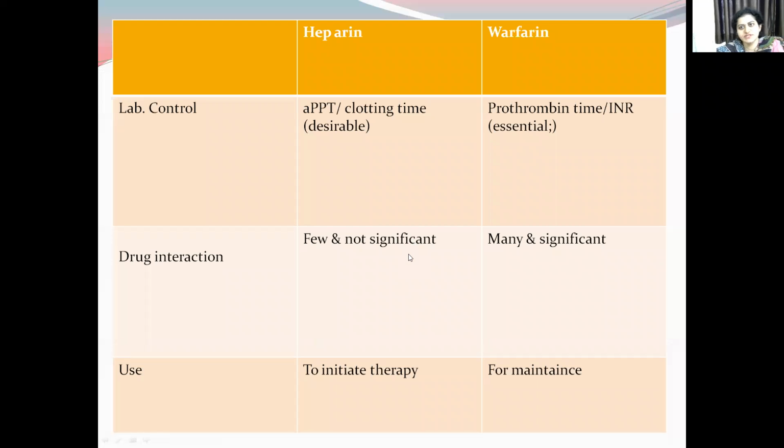The important questions regarding the university examination will be a classification of anticoagulants, which includes both parenteral and oral anticoagulants. And in detail, please read about the mechanism of action of warfarin, heparin, low molecular weight heparin, and what are the advantages of low molecular weight heparin over the standard heparin, and then warfarin drug interactions. Then read the uses of oral anticoagulants and adverse effects.